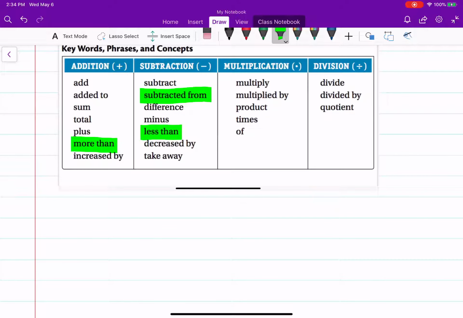Now these 3 here are kind of special. So I want to use this highlighter here and put that down as a marker, or as they call it, a legend. Okay, so like more than. So if I said 7 more than a number,